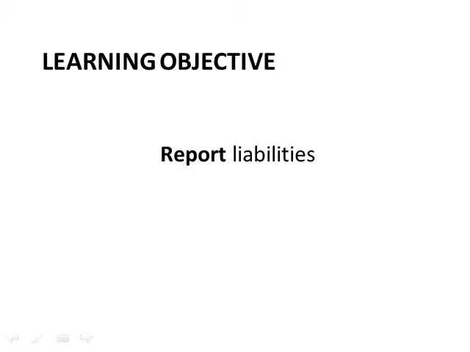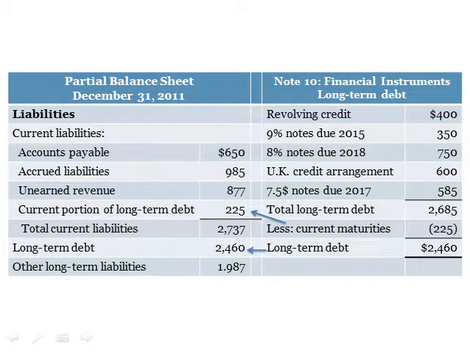And so our last topic for this session is how to report liabilities. So this chapter began with the current liabilities reported on the balance sheet. This figure shows a standard way for a company to report its long-term liabilities, which are combined into one total exclusive of any portion that should be classified as current.